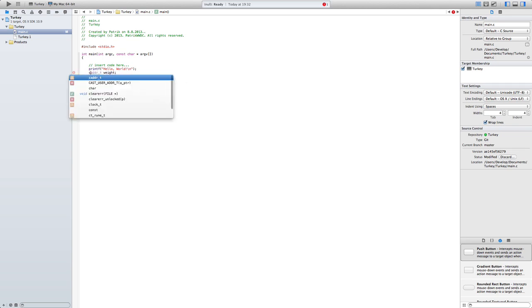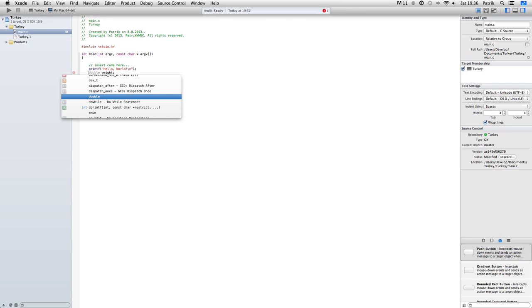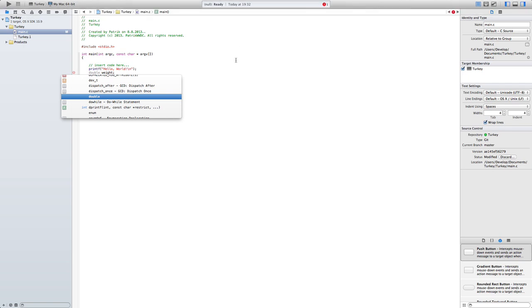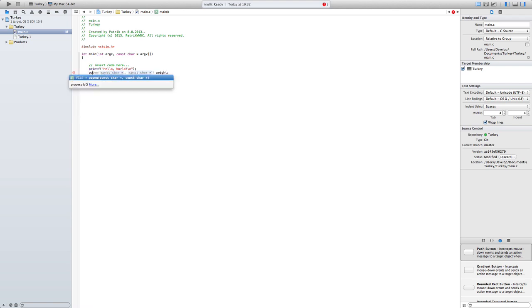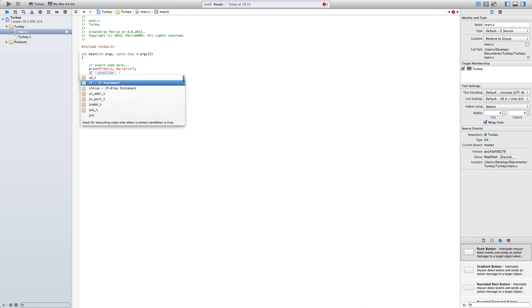A char is a one-byte integer that we usually treat as a character, like the letter A. Then pointers. A pointer holds a memory address. It is declared using the asterisk character. For example, a variable declared as an int pointer, like this,